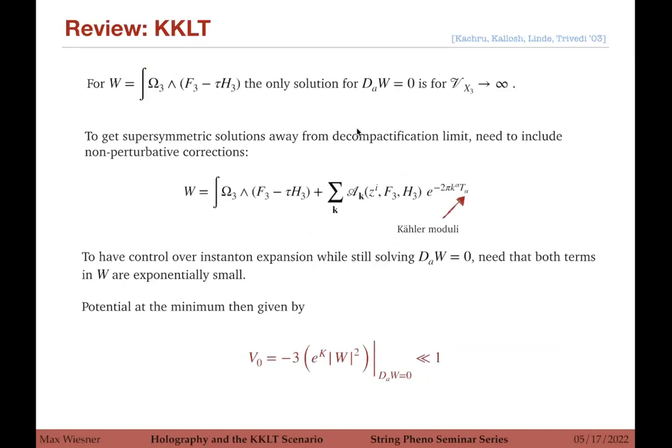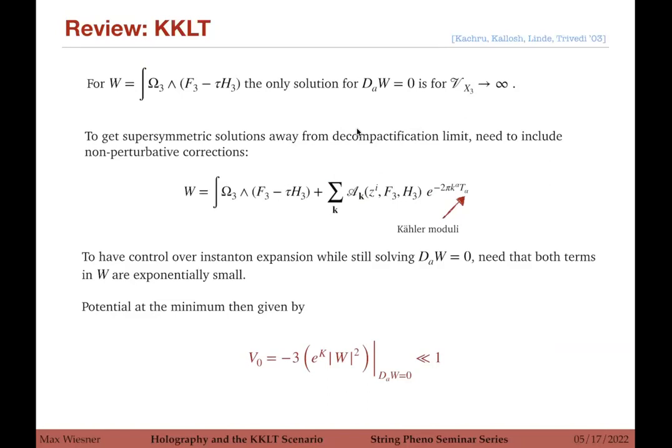So if we just had the Gukov-Vafa-Witten superpotential, the only solution to the F-term equations would be in the decompactification limit for the Calabi-Yau, essentially because the Gukov-Vafa-Witten superpotential as such does not depend on the Kähler moduli, and then D_T W equals 0 can only be solved asymptotically in the decompactification limit. To get a supersymmetric solution away from the decompactification limit, this is what essentially is at the core of the KKLT scenario. We need to take into account the non-perturbative corrections, essentially through instantons or